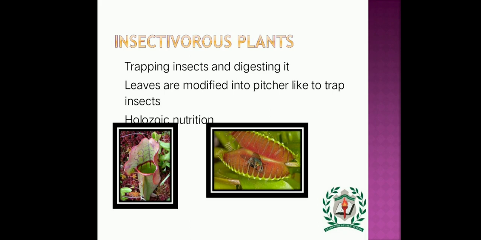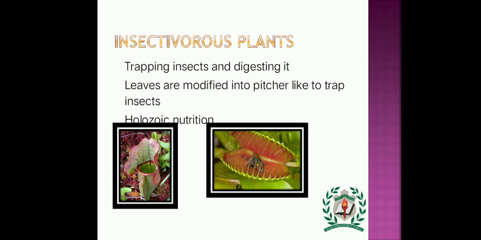The leaves of the pitcher plants are modified into a pitcher-like structure. The tip of the leaf forms a lid to the pitcher. The insect trapped in the pitcher plant is directed by the hairs in the pitcher. There the insect is digested by the enzyme. The insect cannot be eaten right away, so they have special digestive juices with enzymes present inside the pitcher. This is known as the insectivorous plants.